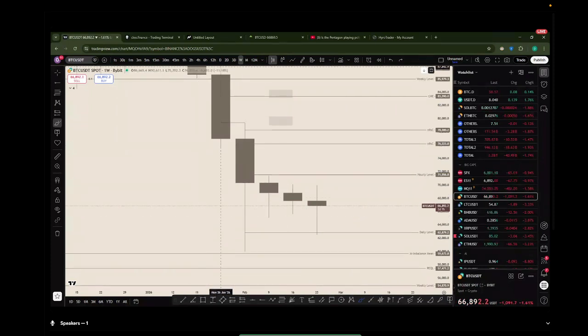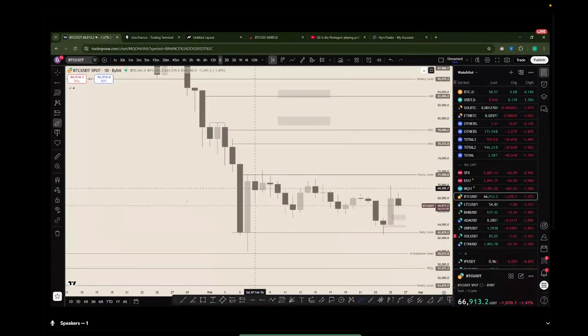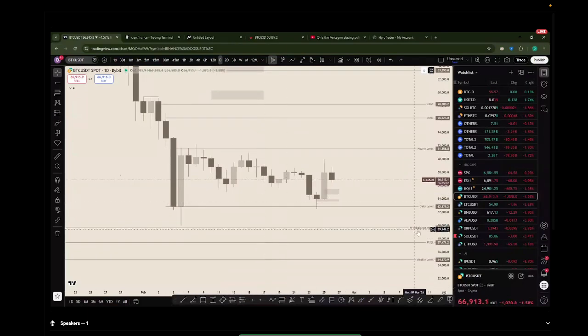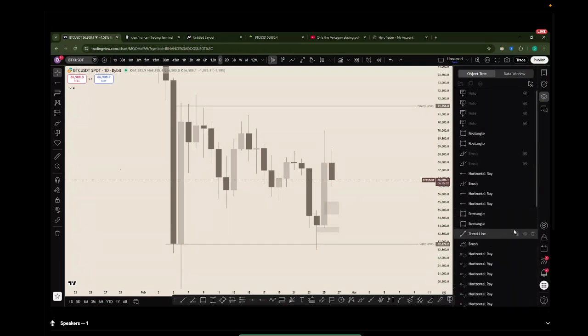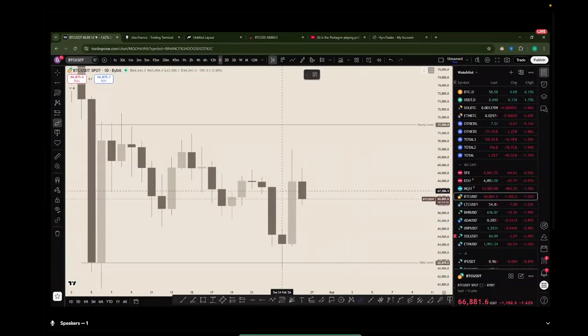But the daily is telling us a different story, because if I come on a daily, let me just also remove these boxes in the meantime. Okay, so this is the high. Do you see this high, 68.6k high? This is the high that you need to have a closing above, a daily candle closing above this high to